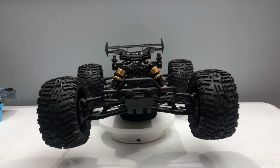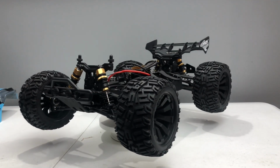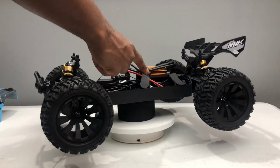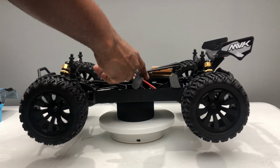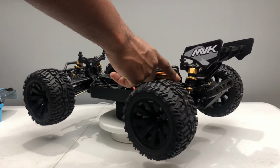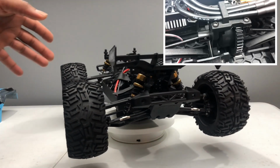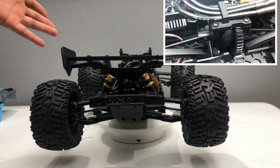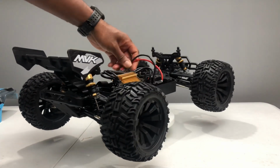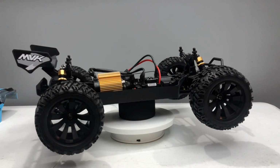All right. I'm not sure what size pinion is on it, but it has an adjustable slide for the pinion gear. And then a big difference I noticed is it has a diff right here in the center, guys. Before it was back here, it wasn't even a diff, just a solid spur gear back here. So now to give us a diff, gives you more tunability on it. Again, not sure what size the spur is, but I'll check that out later on. It comes with the Deans plug on there. They both came with that,